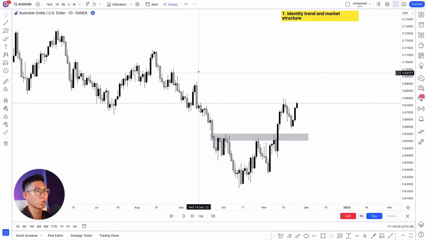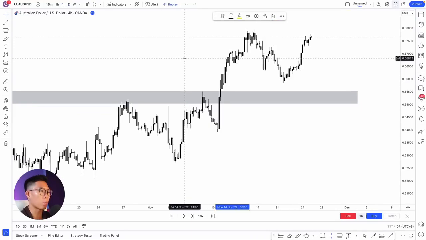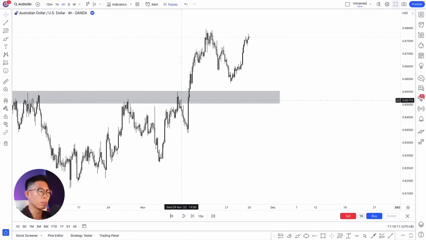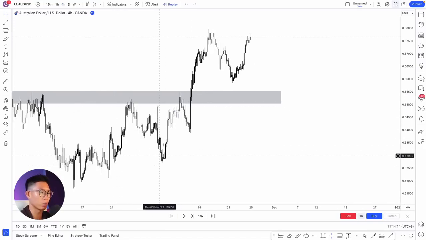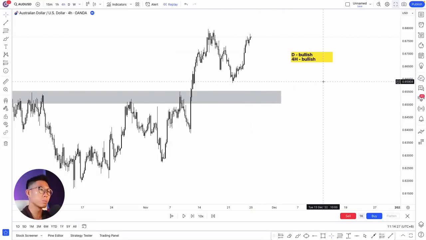So in this case, I'm gonna zoom down to the 4 hour time frame. Look at what price has been doing lately, and if you see, price has been going up lately, right? Price has been creating higher highs, higher lows, higher highs, higher lows, higher highs, and higher lows. So the daily time frame has shown us that it is bullish. The 4 hour time frame has shown us that it's bullish as well, right? So now the higher time frames have shown us that it's bullish, so we should be entering for a buy